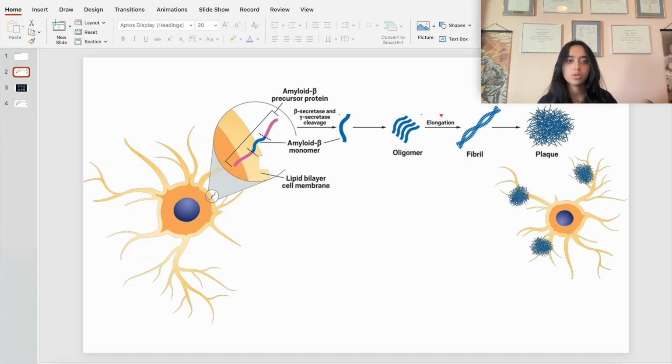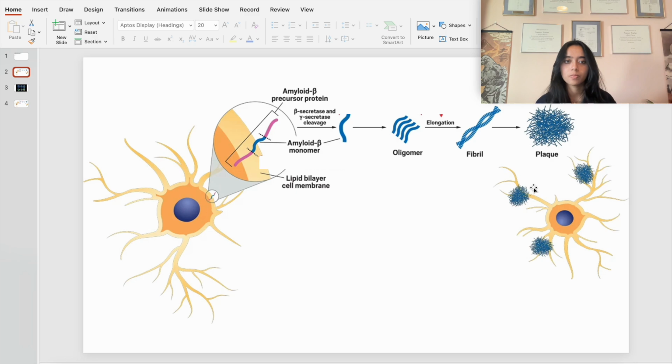As most of us know, Alzheimer's disease is a neurodegenerative disorder that affects cognitive function. One of the key mechanisms of this disease is the formation of amyloid beta plaques. As shown in this figure, fragments of the amyloid precursor protein are abnormally cleaved, leading to accumulation of amyloid beta peptides. These peptides clump together to form plaques in the brain, which disrupt communication between neurons and trigger immune responses